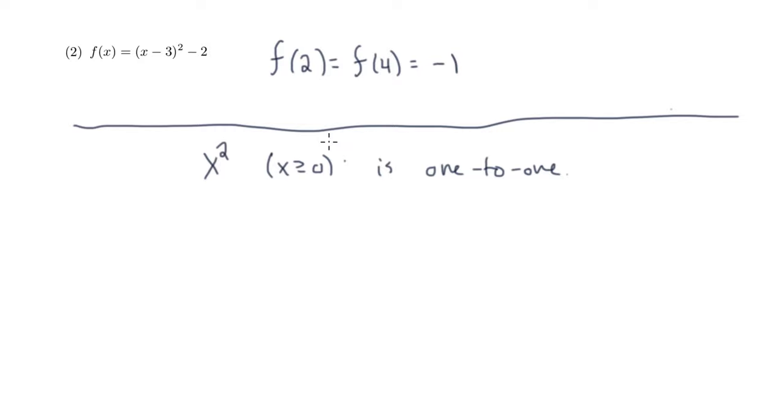So what we're going to do is require here that x minus 3 be greater than or equal to 0, or in other words, x greater than or equal to 3. So in that case, x minus 3 squared is one-to-one. Subtracting 2 isn't going to change anything. So the domain restriction that we're going to use